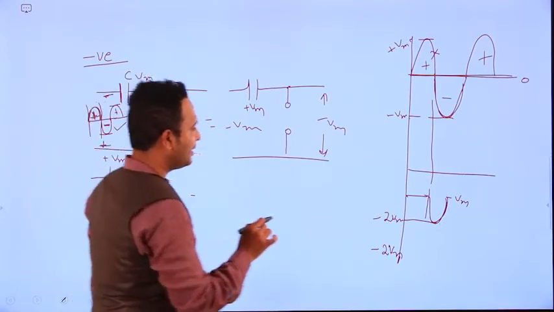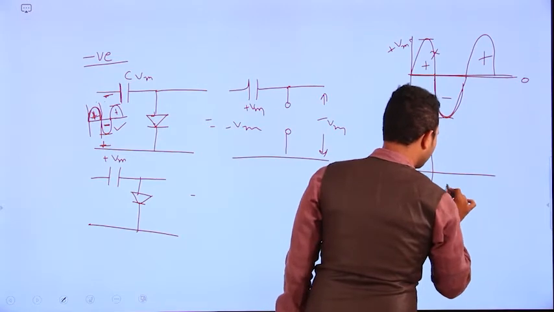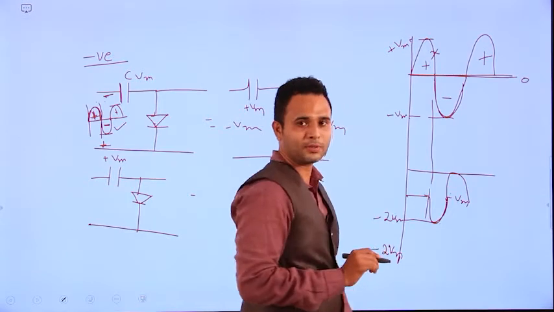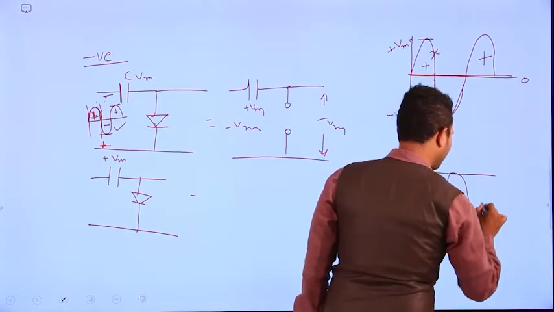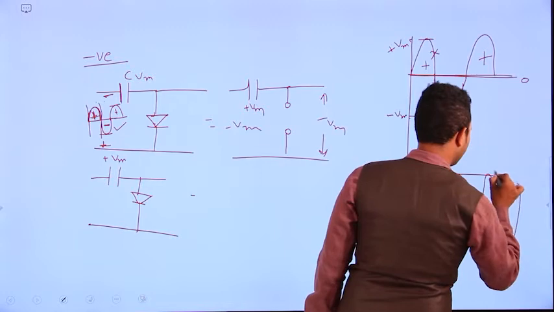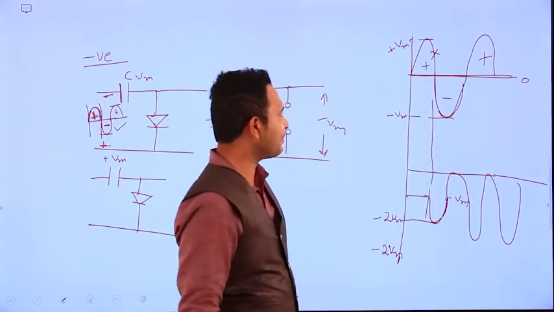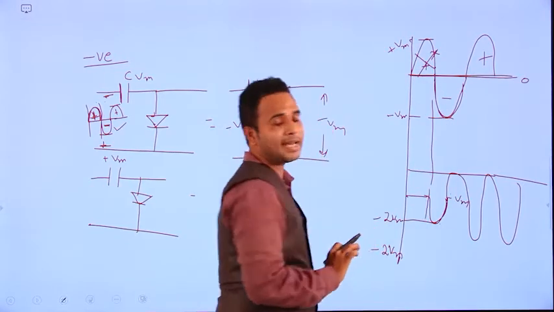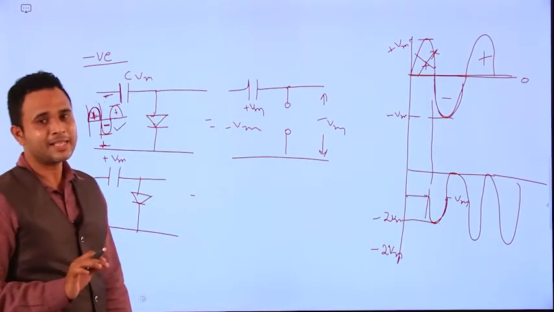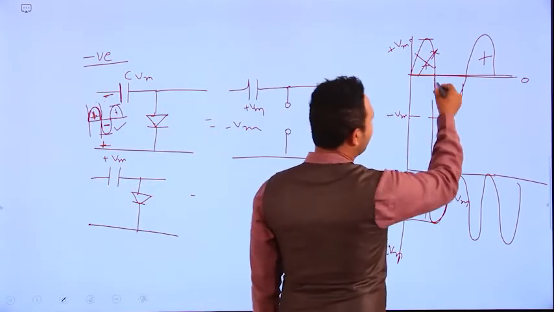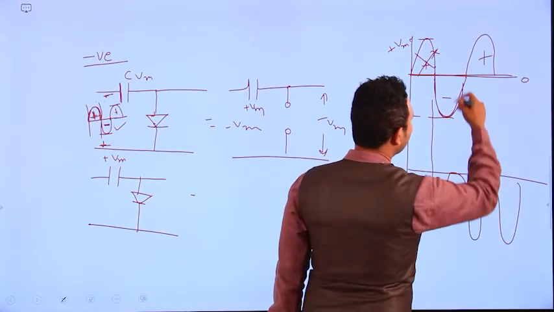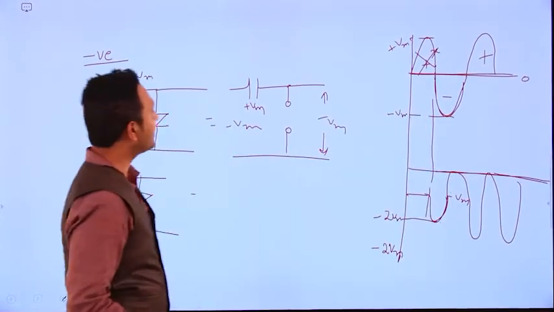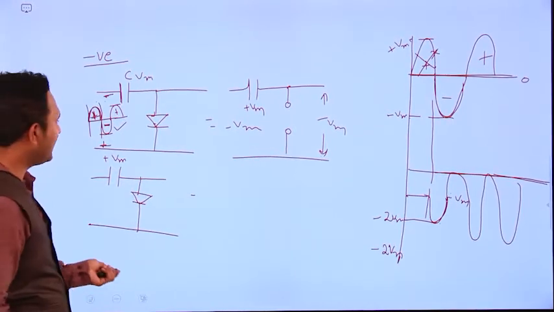Then what happened? It will go to the minus. Here we are getting the positive peak. Like that we are getting the positive and negative peak. But practically we get these types of inputs. At the first positive peak we are not taking the input, because at this time the capacitor is charging. But from the negative peak onwards, whatever inputs we have, we get at the output. Like this it will come.